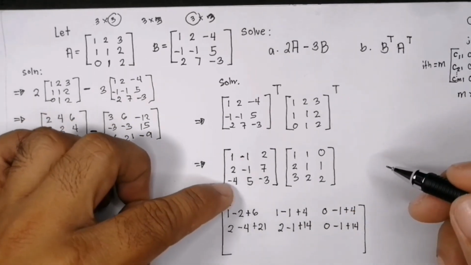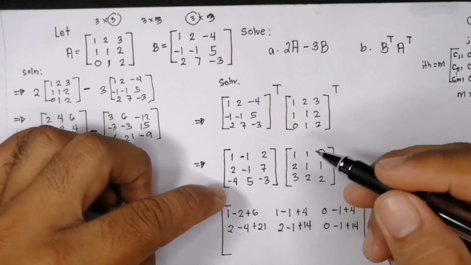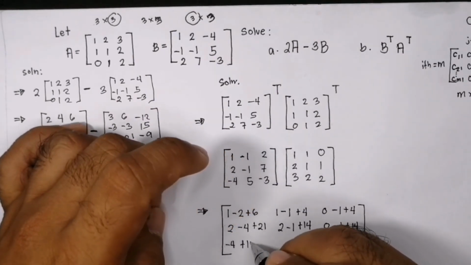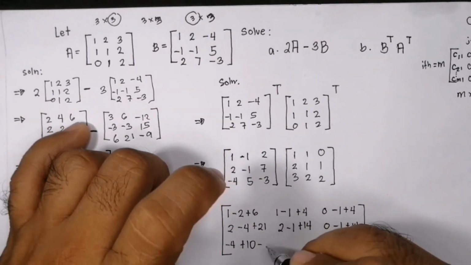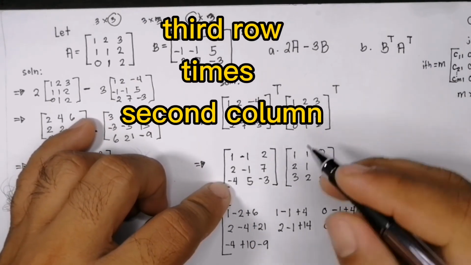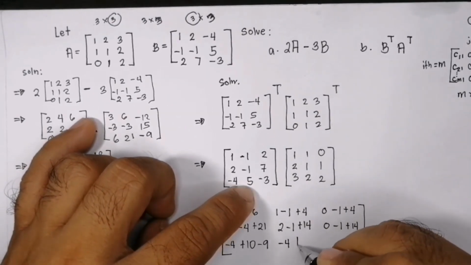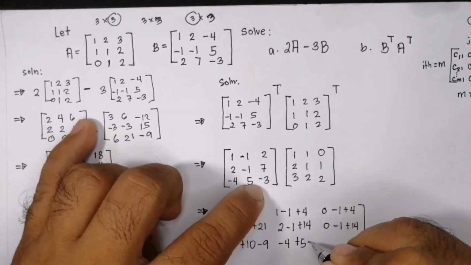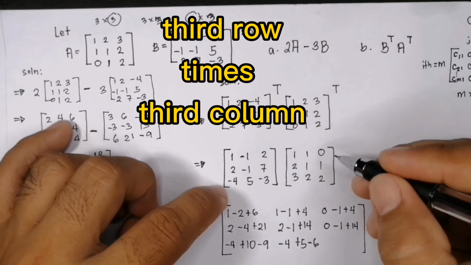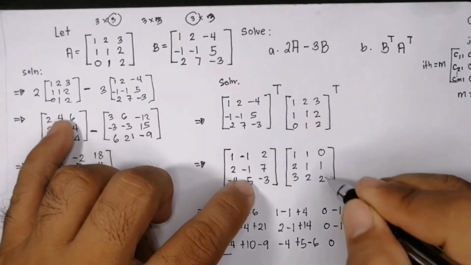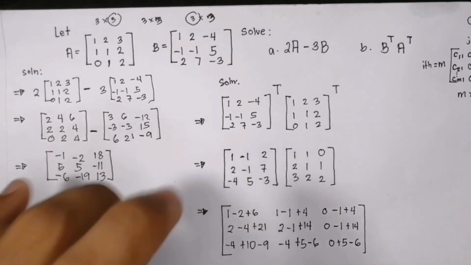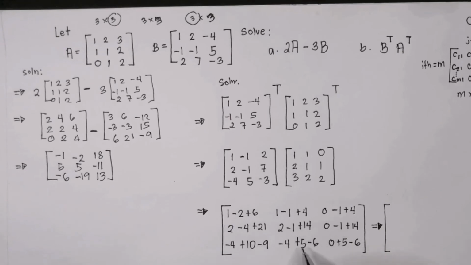How about the last row here? So last row first, negative 4 times 1, negative 4, 5 times 2, that is positive 10, negative 3 times 3, that is negative 9. Third row, second column, negative 4 times 1, negative 4, 5 times 1, that is positive 5, negative 3 times 2 is negative 6. Then third row, last column, negative 4 times 0 is 0, 5 times 1, that is positive 5, negative 3 times 2 is negative 6. To get the final result of this operation,